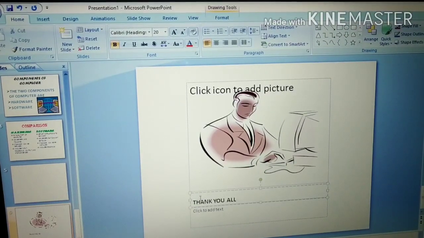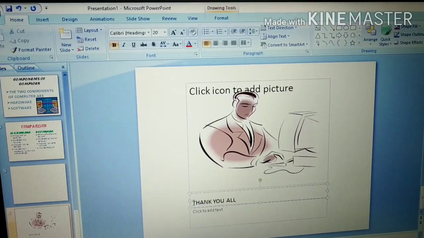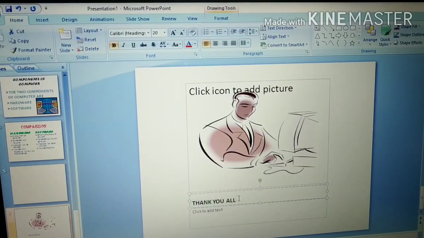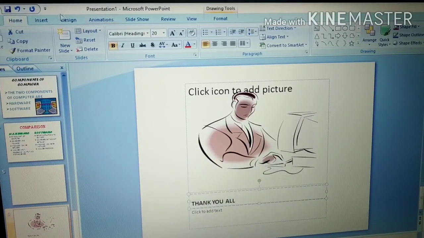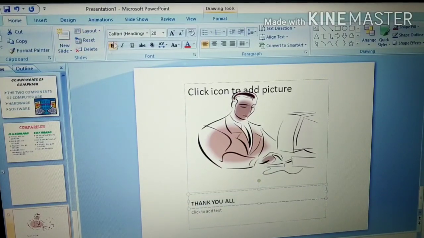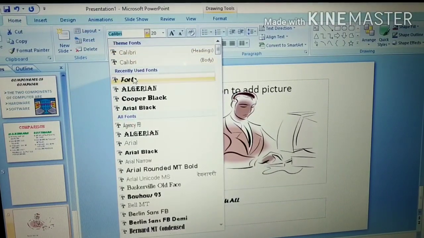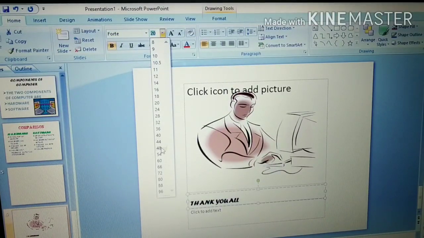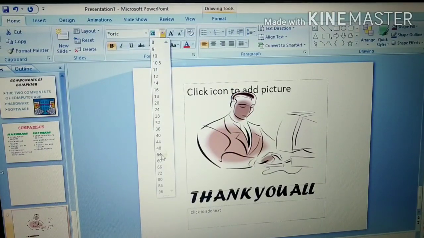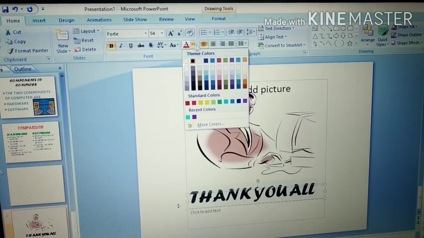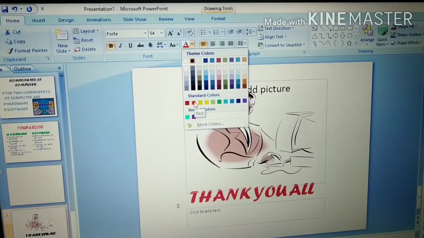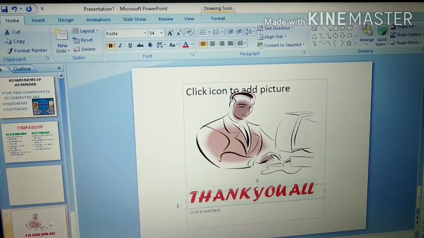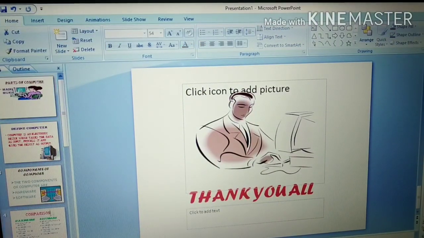So this also again you can change the font. Go to the font group. From here select the heading, then size, suppose make it 54, and then from here select any of the colors, let this one. So in this way our slides are ready.